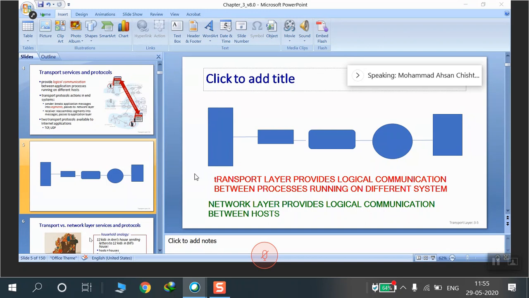The example of that is that the transport layer can provide reliable service even though the underlying network layer is unreliable. Even though the network layer says that I cannot guarantee any of the services, the transport layer can provide those